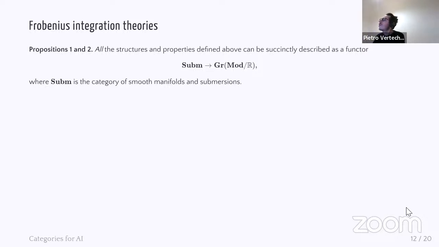So all this structure that I've defined so far, the function space, the density space, the algebra structure, the module structure, the pullback, the push forward, the various constraints, can be succinctly described as a unique functor from Sub, the category of smooth submanifolds and submersions, to Gr of Mod over R,